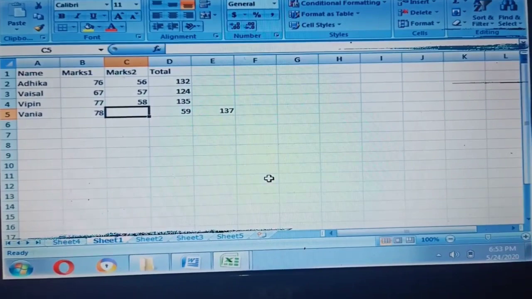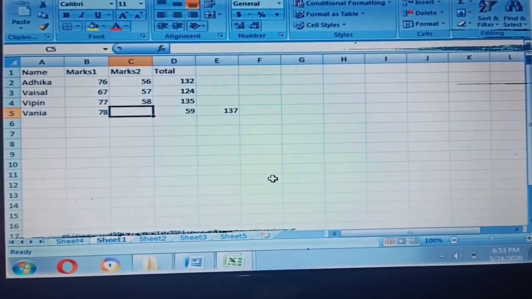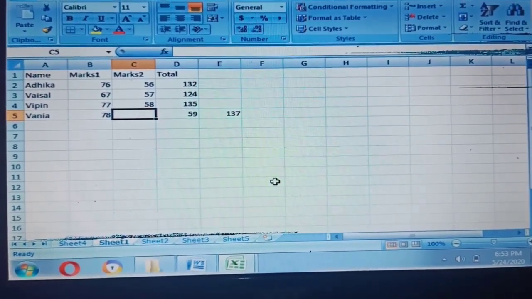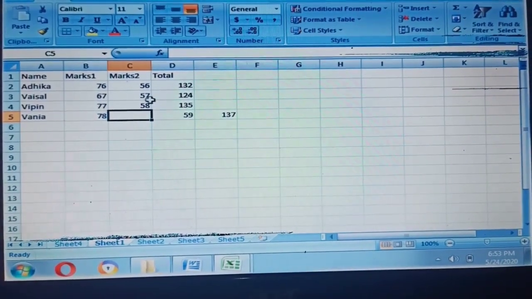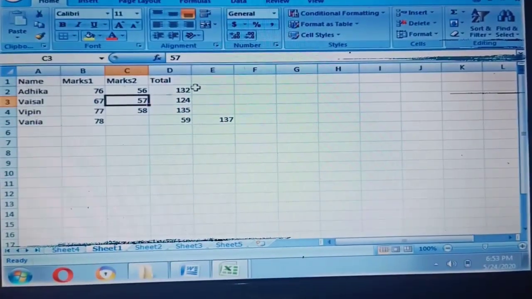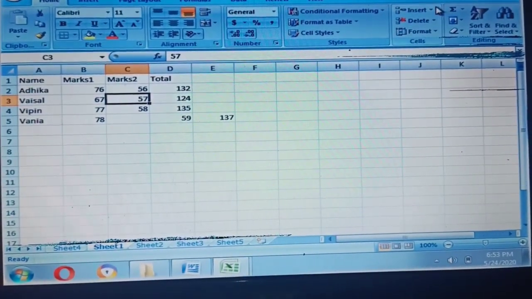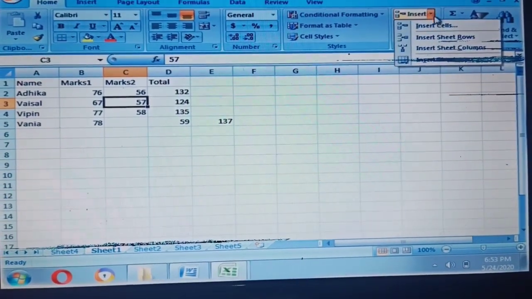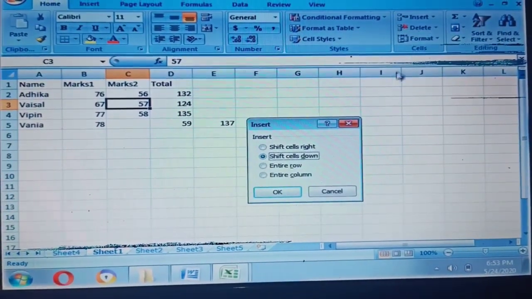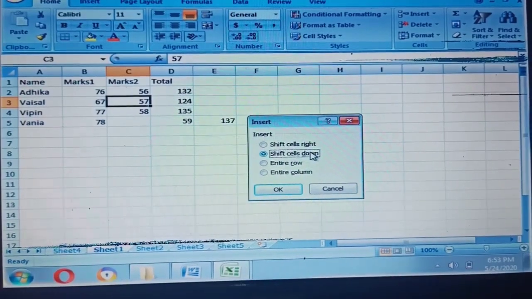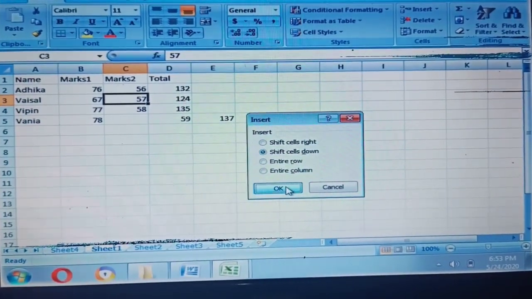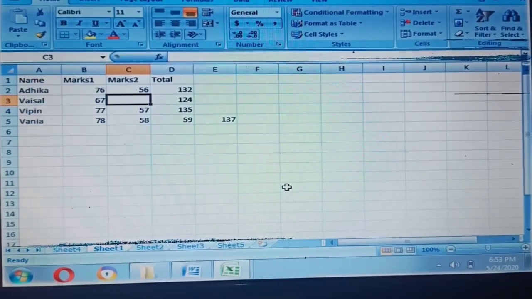Shift cells right. It shifts the content of the selected cell to the right to make space for the new data. Shift cells down. It shifts the content of the selected cells down to make space for the new data.